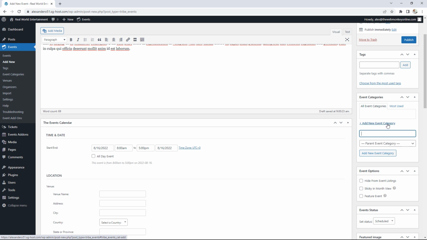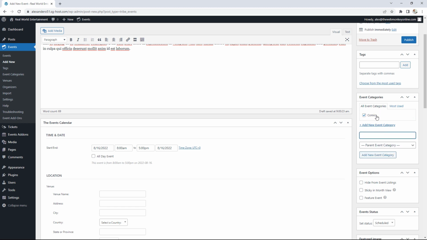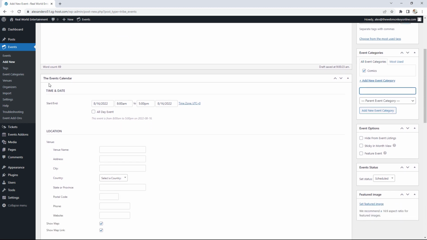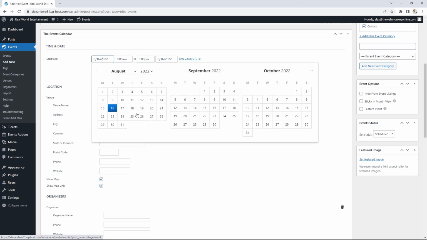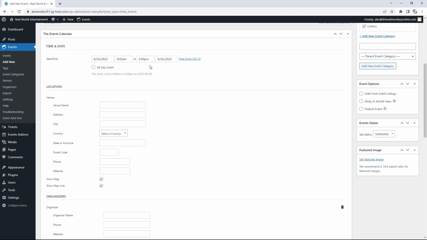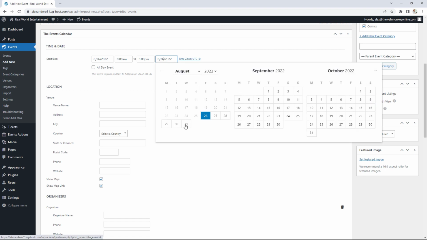So you just click in here, add new event category. In this case right now, I'll just call this one comics, okay, as the event category. And I'll go ahead now and add that one as the category. All right. Under here for the events calendar itself, we can now add the start date. When is this event actually going to start? Let's assume it's going to start on the 26th of August, and it's going to end on the 29th of